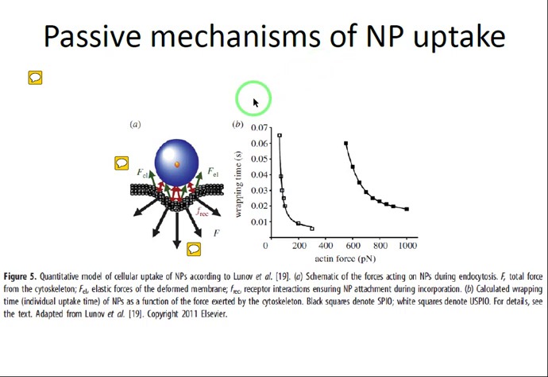It is only based on the electrostatic attractive forces between the particles and the cell membrane for the internalization. As you know, the plasma membrane, the phospholipid membrane of the cell, is negatively charged. And if we have our particles with a positive charge, which come into the vicinity, at a short distance of this cellular membrane, the electrostatic attractive forces will make the particles stick onto the surface of